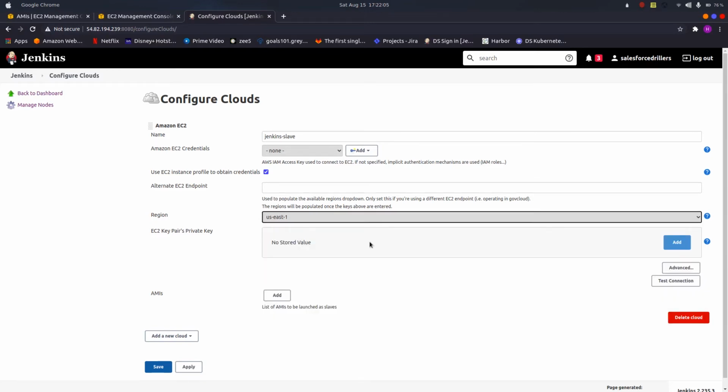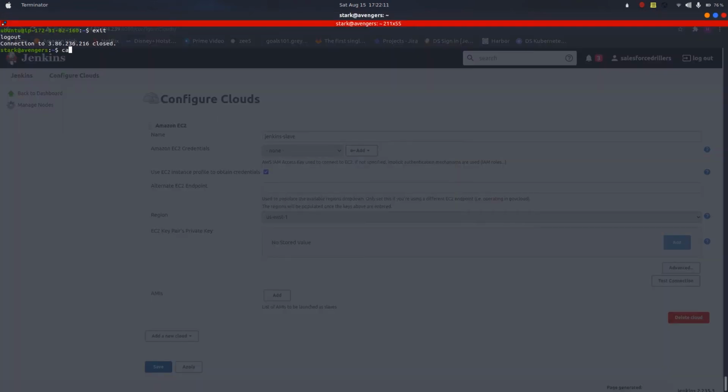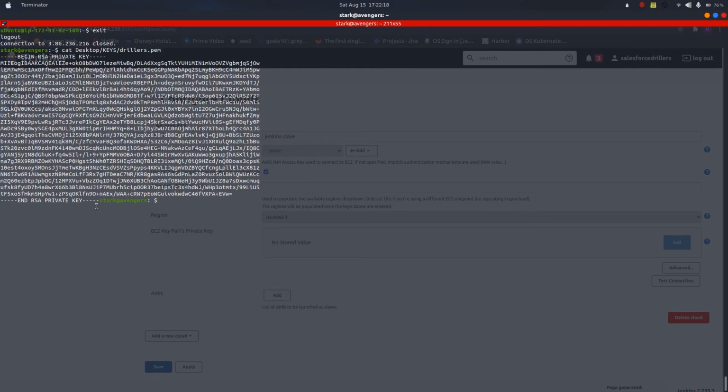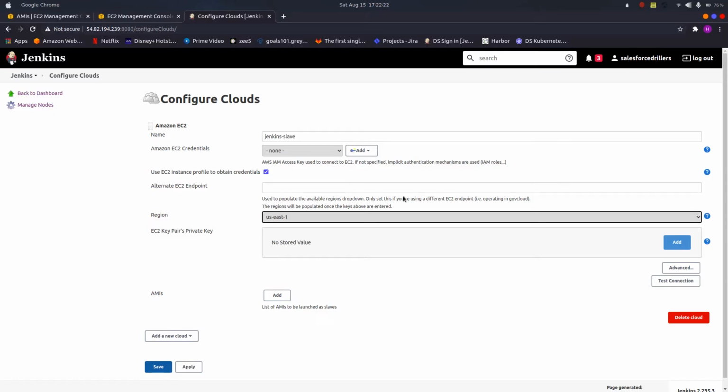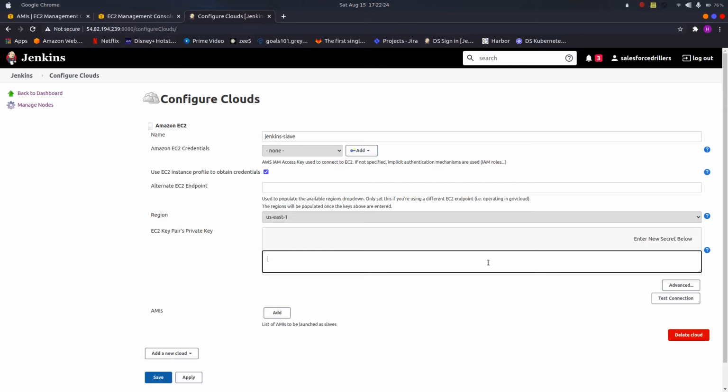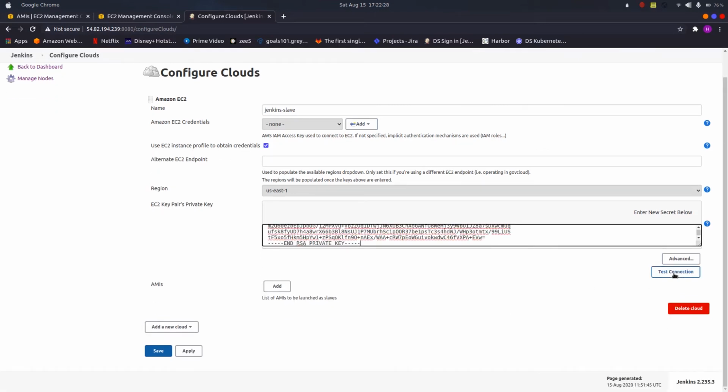Now here you have to enter your PEM file private key, so for that just simply get the private key, copy it from here and paste it here. Click on add and paste it. Now click on test connection. As you can see, it is saying success.